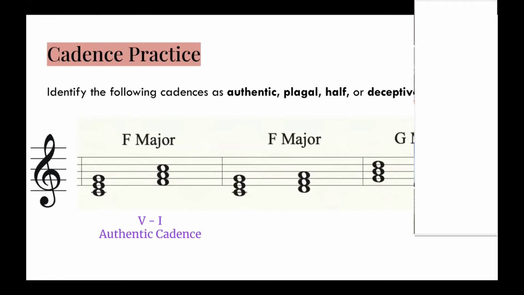Can anybody tell me if it's an authentic, plagal, half, or deceptive? Two. Yeah, the deceptive. This is a deceptive because it starts on a C chord, which is the 5th note of the scale, and then it goes to a 4 chord, which makes it not an authentic cadence. And last but not least,